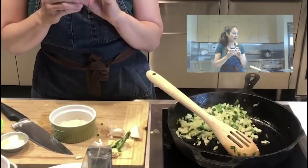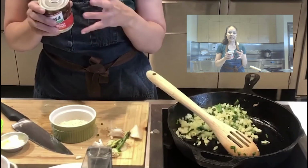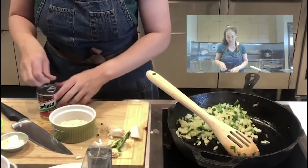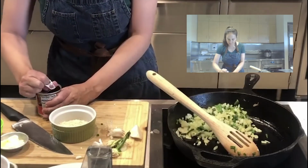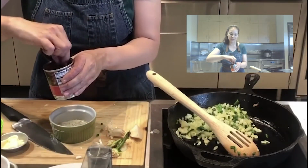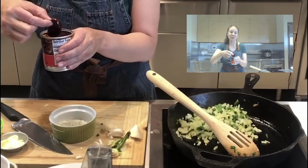So if you've never had these before, a lot of people buy these and then they have no idea what to do with them. Take a Ziploc bag, store it in a Ziploc bag in your freezer, and every time you need some, just break off as much as you want. Because inside, there are whole chipotle peppers in here. So there's whole ones, and one is really, really spicy. So you only want like half of one